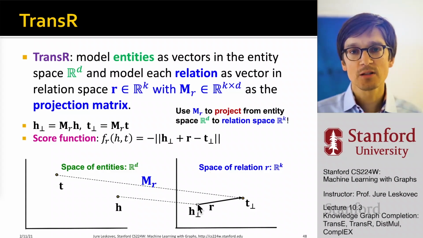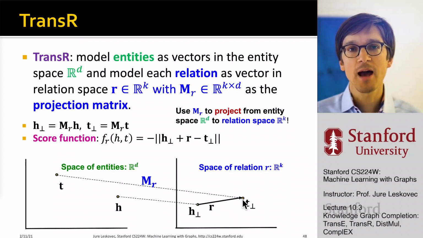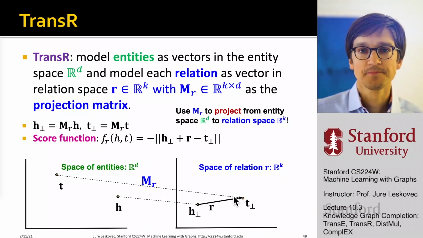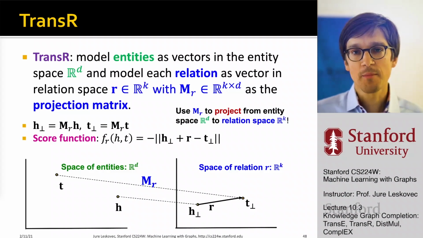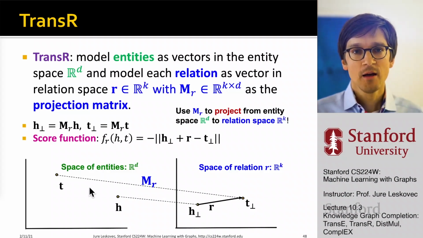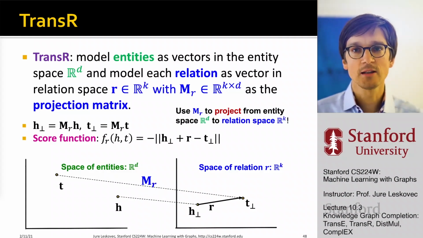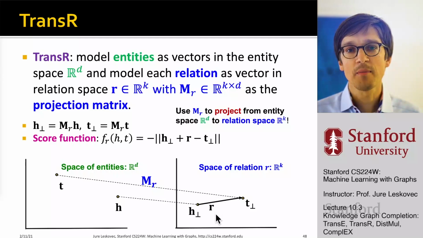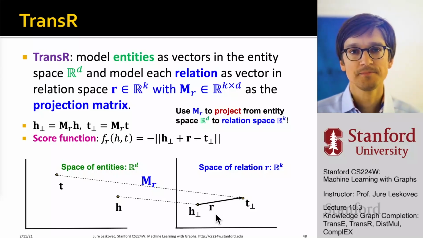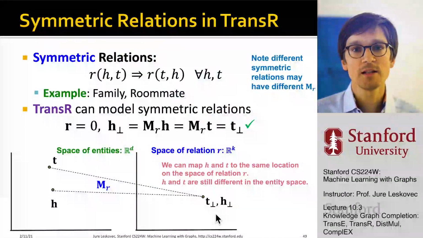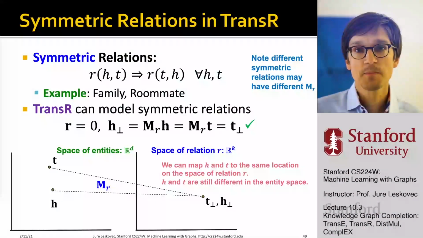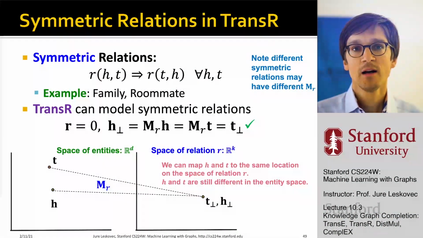And then in this new transformed space, I'm going to apply the TransE intuition. So basically I'm going to use this vector to move around. I take the original embedding, I transform it according to the matrix M, which means I scale it, I rotate it, I translate it, and then I apply my vector R in there. So what will this buy me? For example, it allows me to model symmetric relations.